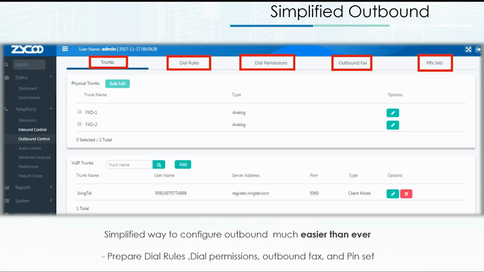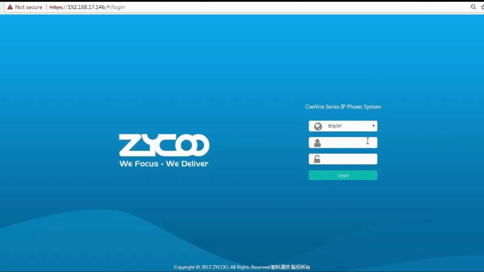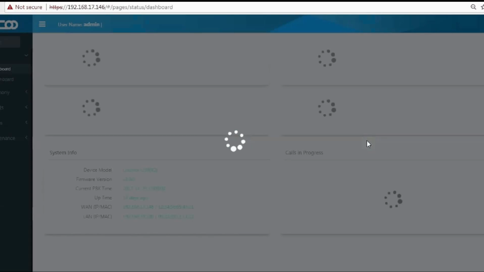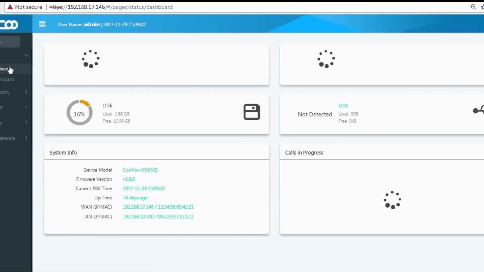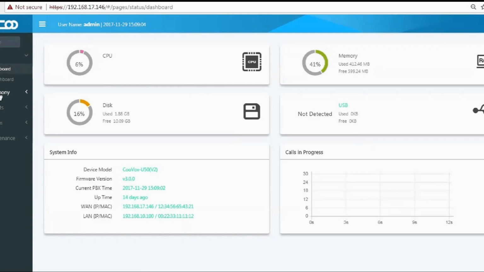So let's talk about outbound control. So in the new version 3 GUI, we've simplified the way to configure outbound and made it even easier than ever. You can prepare dial rules, dial permissions, outbound fax, and set pin sets, which allow you to secure certain defined outbound calls. So I'll give a demonstration of this then. So we'll log into the version 3 GUI. And if I go to outbound control,